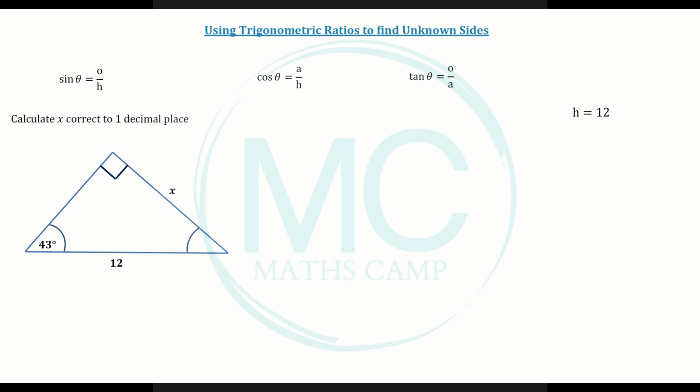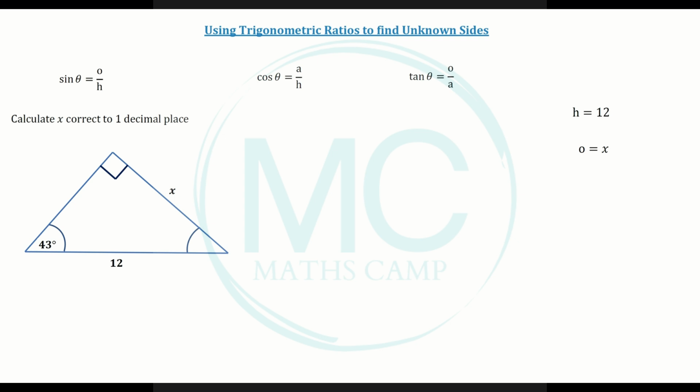Next, we need to look at our given angle of 43 degrees, and we can draw a line from 43 to the opposite side of the triangle. Here is the x value we need to find, so we can make a note of this as well, and we say the opposite side is equal to x. Now we have an angle, the length of the hypotenuse, and we need to find the length of the opposite